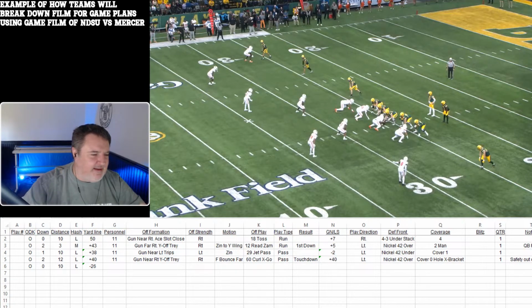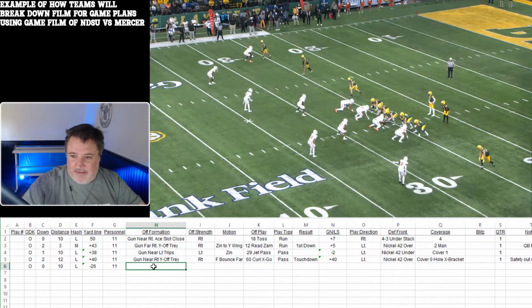I think this is their tight end right here. I think he's flexed out. Yeah, that's the tight end. So it's 11 personnel. They've been in 11 basically this whole time. So let's call it gun far right,